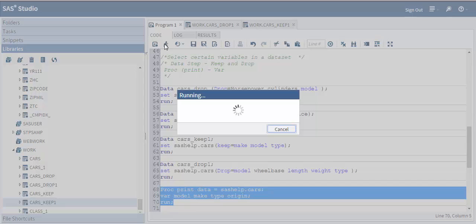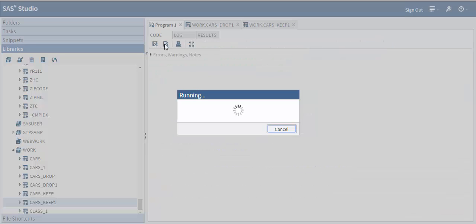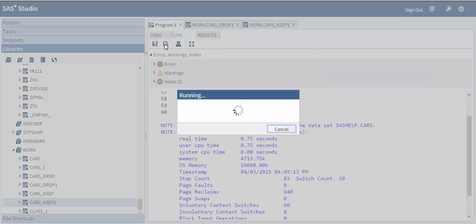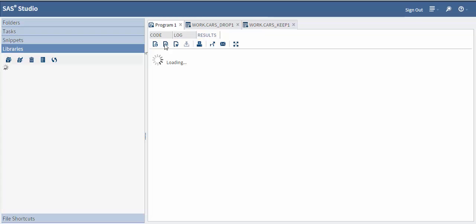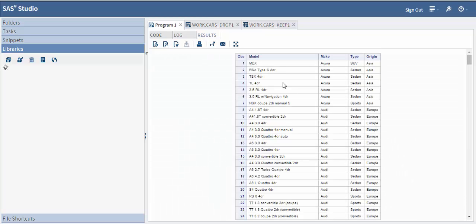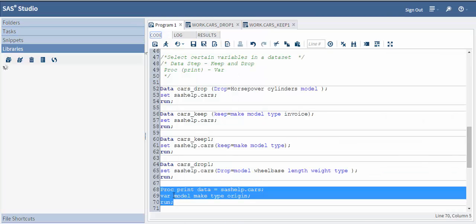my report will have only those variables that are in my var statement, and they will appear in the same order as I have written the variable names in the var statement. So first my model appears, then make, type, and origin, right? So in case I change the order, let me say